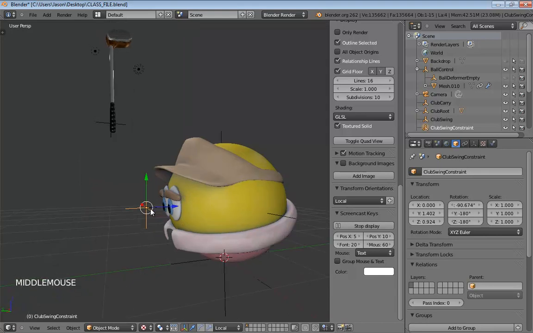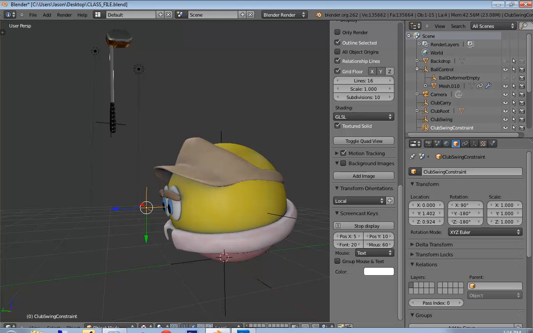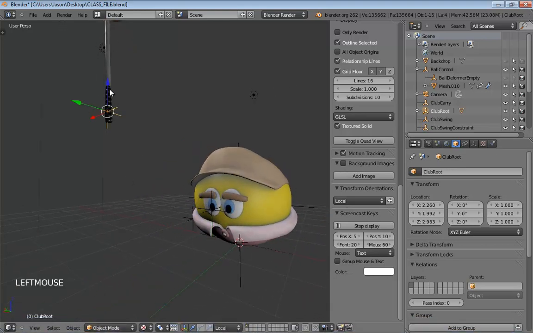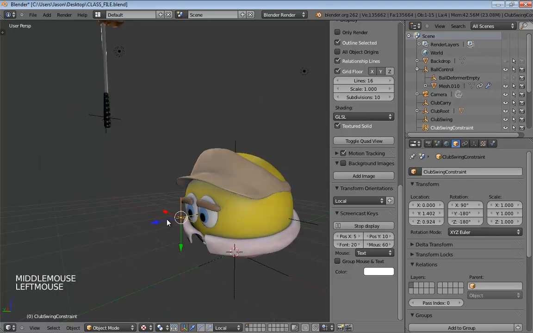And that's exactly the opposite direction of what I wanted. So I'm just going to take X and punch that into 90. Now, the reason we do that is that a second ago, you remember we put the local Z rotation for this guy pointing down. And with this guy pointing down too, that means the club is going to be pointed out forward, which is exactly what we want. We may still need to do a little bit of corrective rotation to make sure the club is oriented exactly the right way, but we'll deal with that a little later down the road.